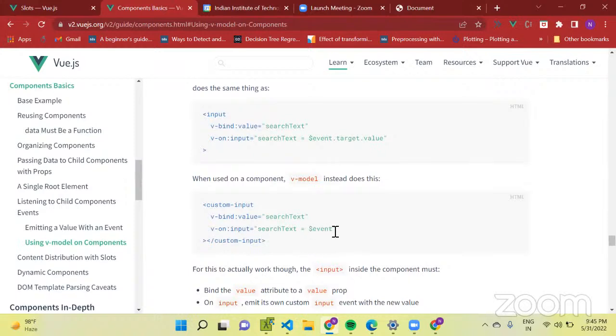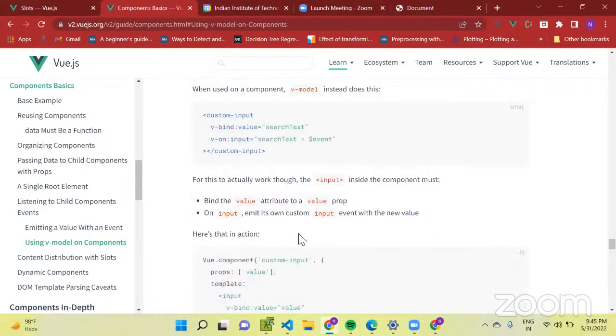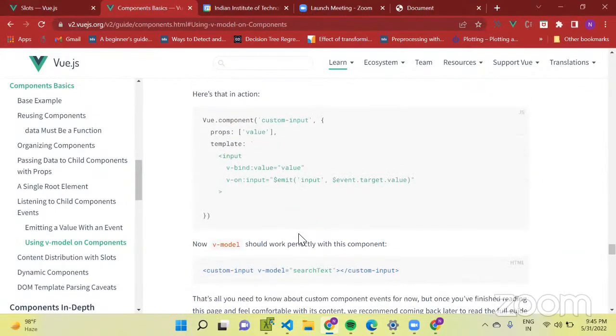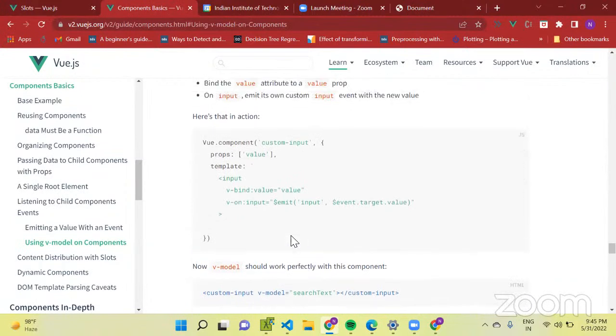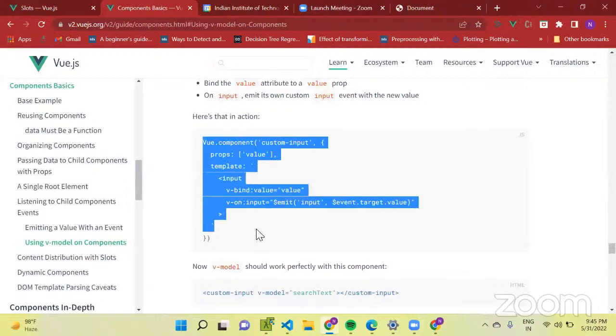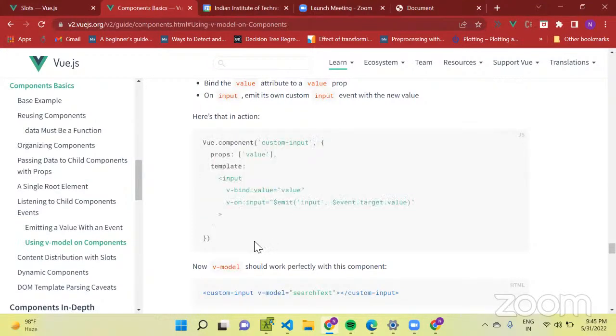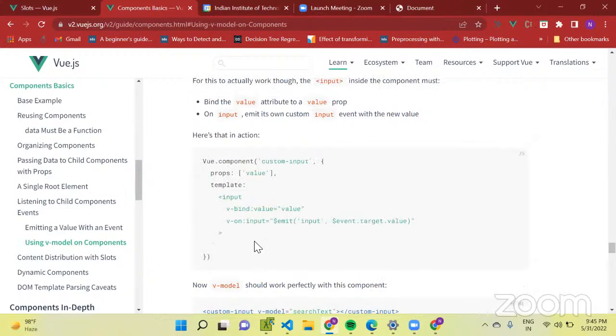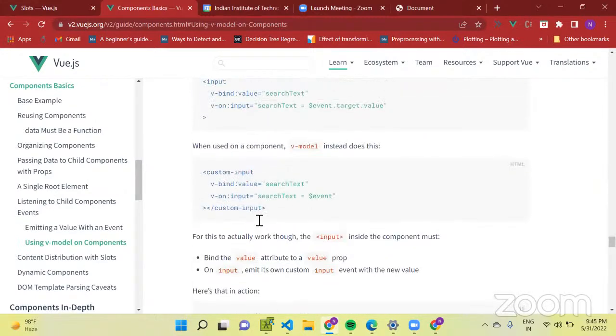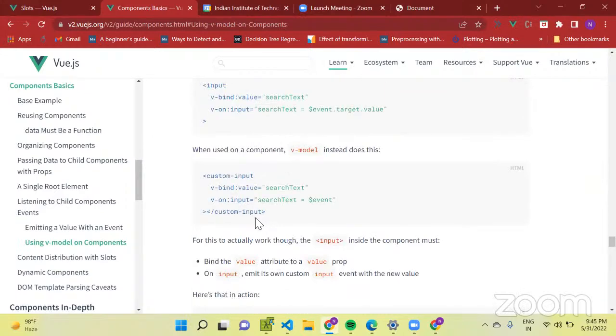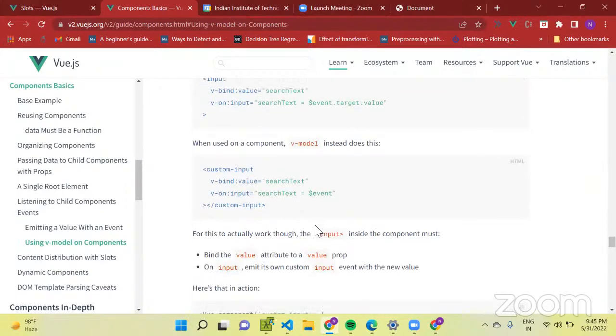Whatever you emit from the component will be stored inside this event variable, and that will be assigned to the search text. So when you use a Vue component and try to bind the data which is available inside this component with the component available inside the parent component, then you can